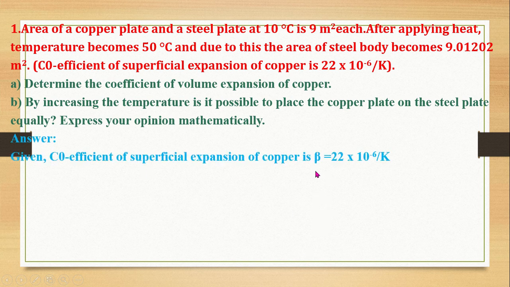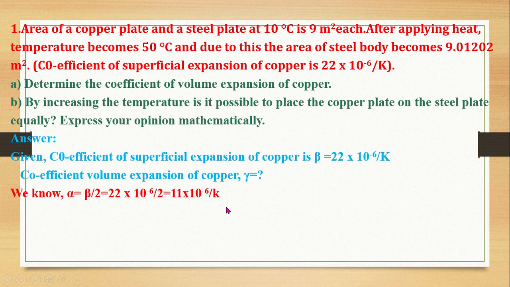Here coefficient of superficial expansion, that is beta, is given 22 into 10 to the power minus 6 per Kelvin. Superficial expansion means expansion in area. And you have to find out gamma equal to what? That is volume expansion. So for finding out gamma, you have to find out at first alpha, because you know beta equal to twice alpha and gamma equal to thrice alpha. Okay, so alpha at first you have to find out